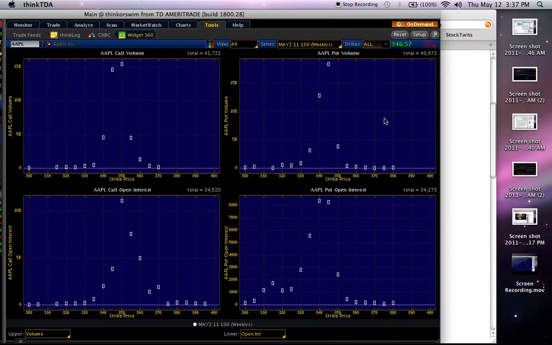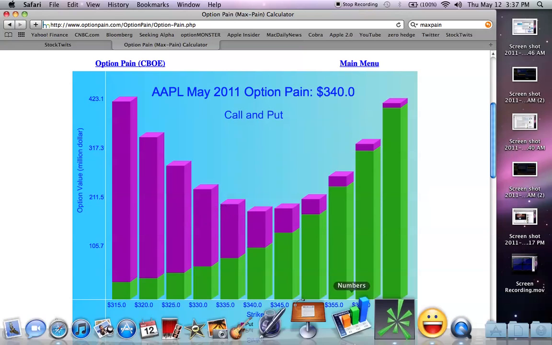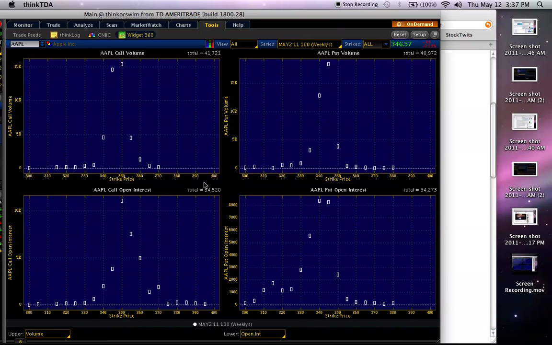With the max pain, this is using open interest. The real way to do it is, this is a max pain calculator, just like the other class. It's actually done with value, is how it really should be done. Out of ease of use, I use open interest because it's going to coincide pretty well.